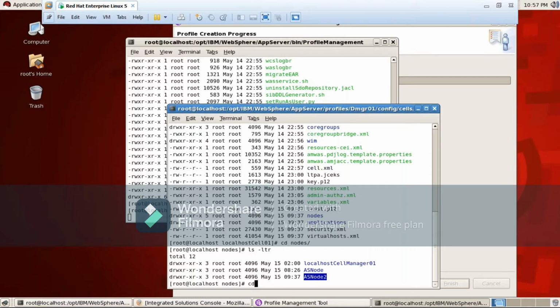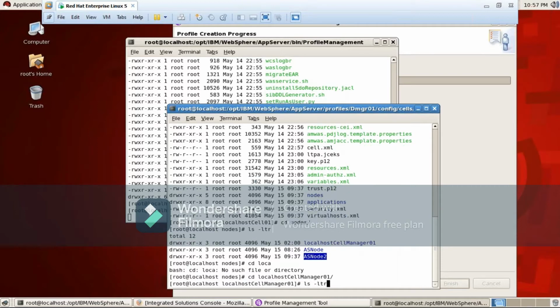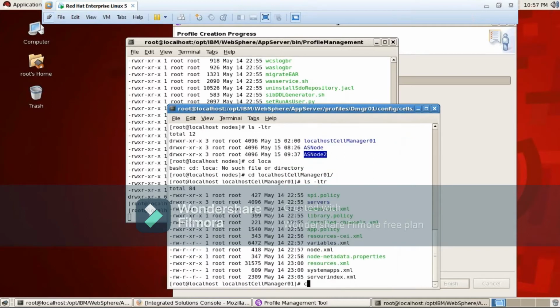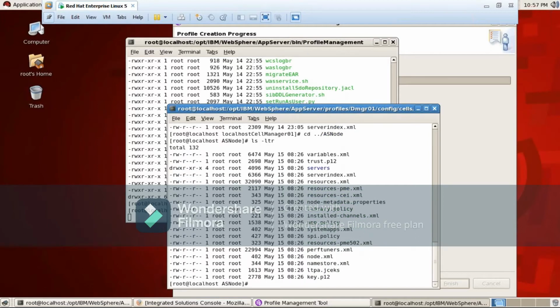So if you want to see the complete configuration files. See, AS node complete configuration files.